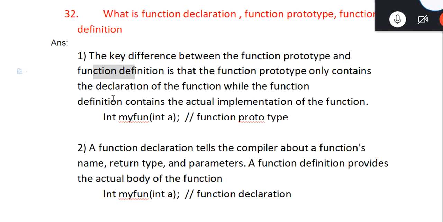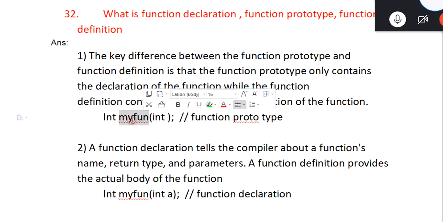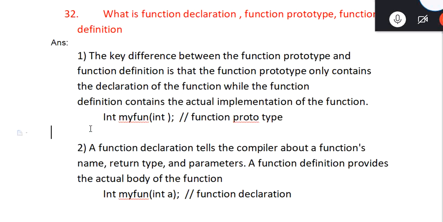So in these two statements, it looks like function prototype and function declaration are the same. Before that, I will answer Saju. Saju told me that int a is not required. You can do it like this also. Even you can do it like this also. Why we are using this line is we want to tell the compiler, hey look compiler, we have one function which is accepting one integer and returning one integer. That is what we want to say. So once we write a variable, that also we can do. The meaning of this and that is the same.